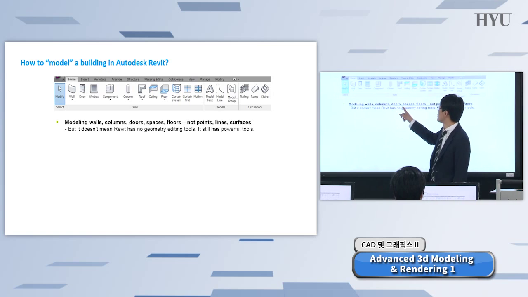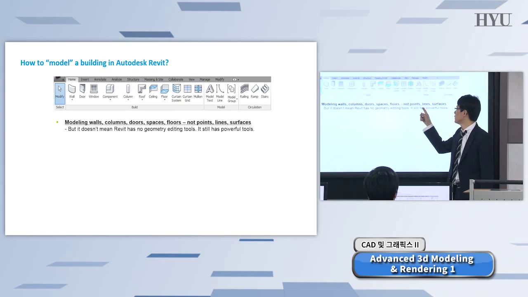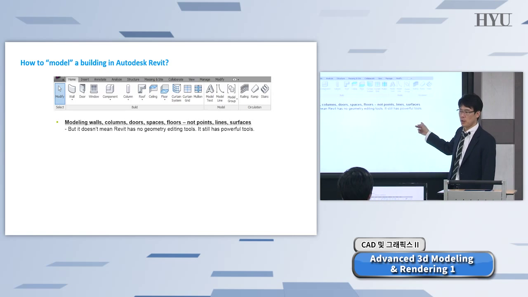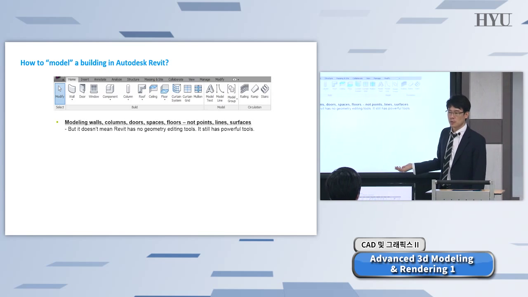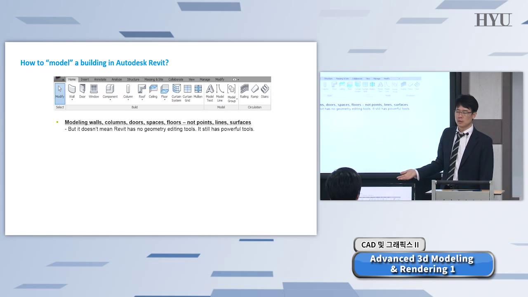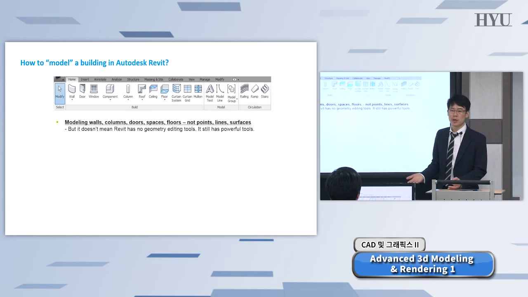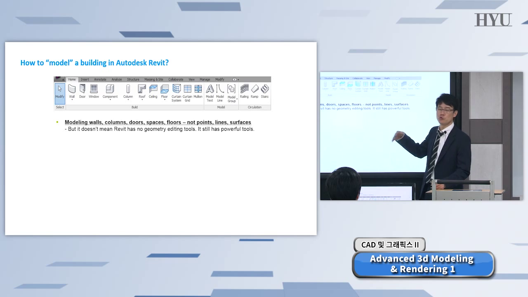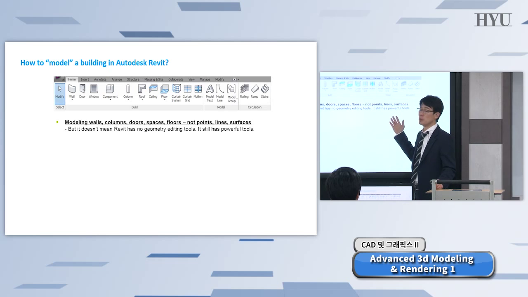Modeling walls, columns, doors, spaces, floors, not points, lines, surfaces, okay? In other words, if you use this application, you cannot design game characters. You cannot design some jewelry design or automobile. What you can do for this one is only building design,